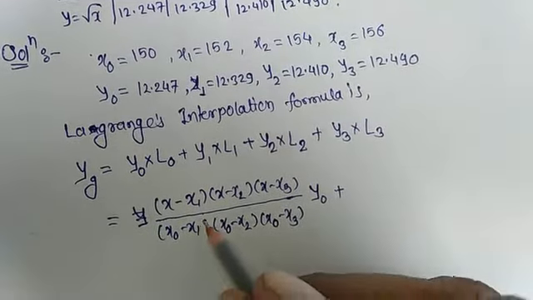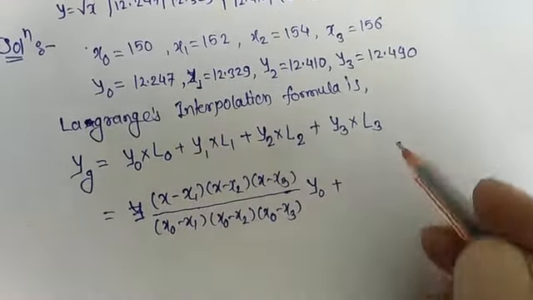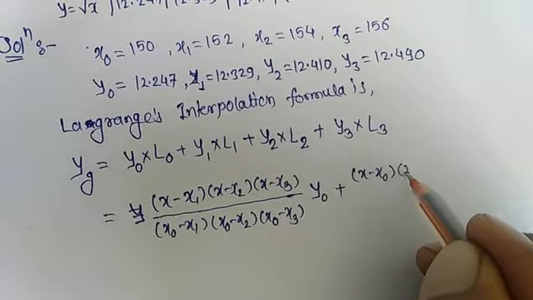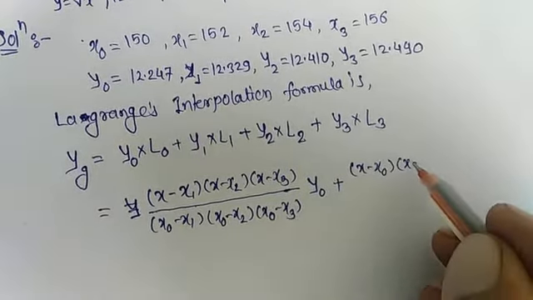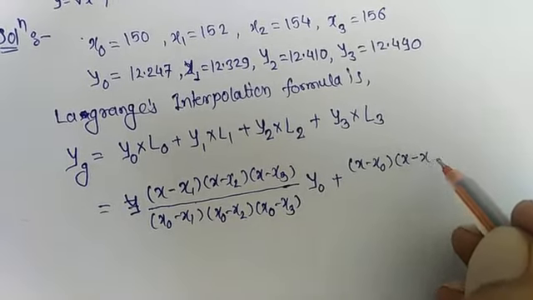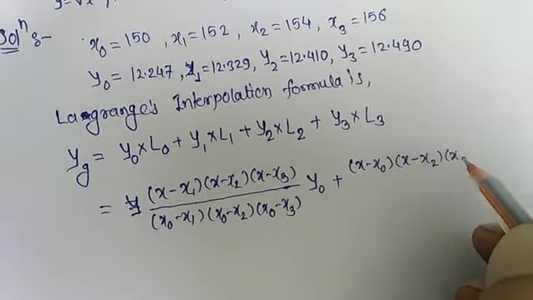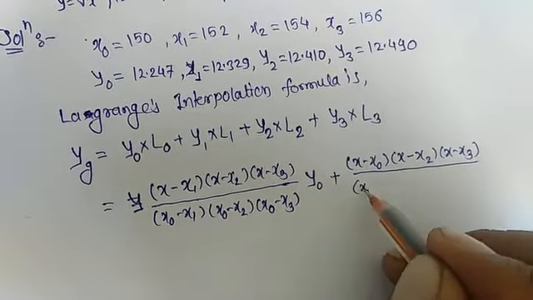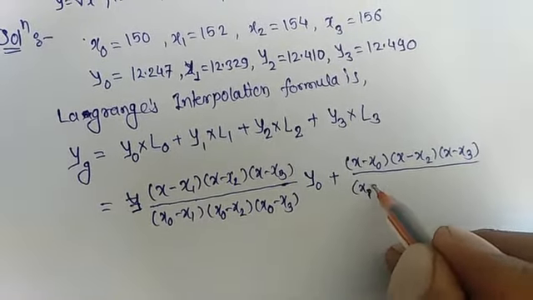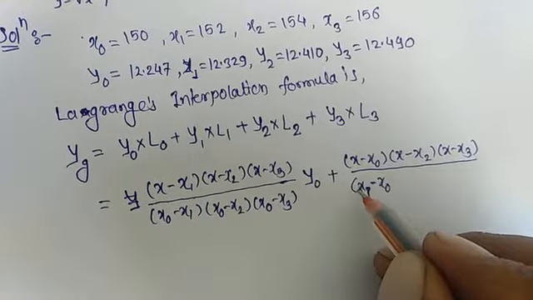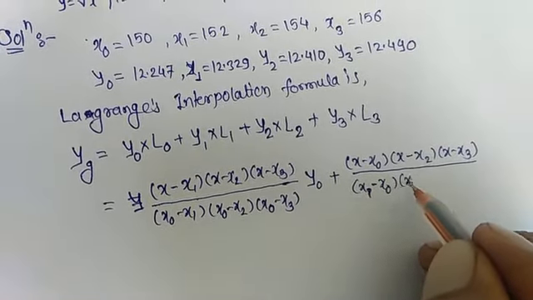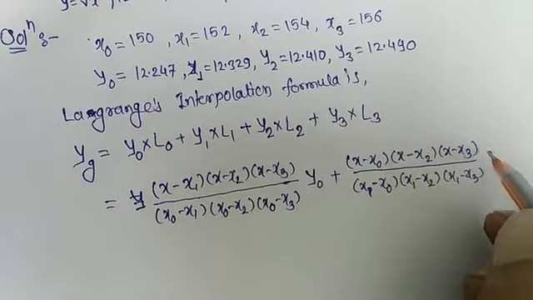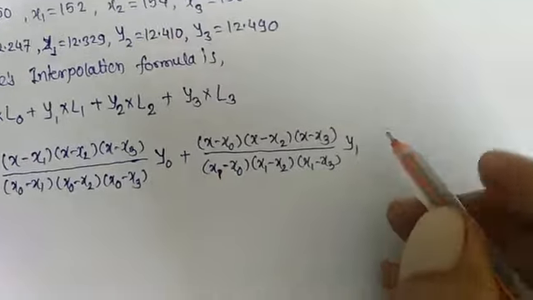This is our first L0 value. L1 will be x minus x0 into x minus x2 and x minus x3, where we have to delete x1, divided by x1 minus x0, that means we replace x by x1 here, x1 minus x2 and x1 minus x3 into y1, and third